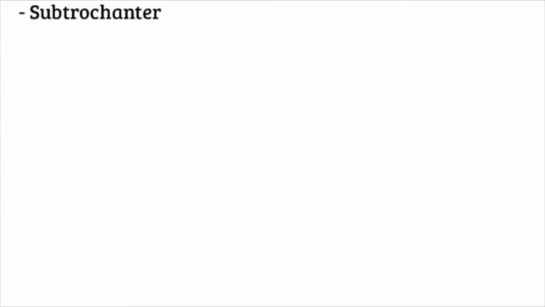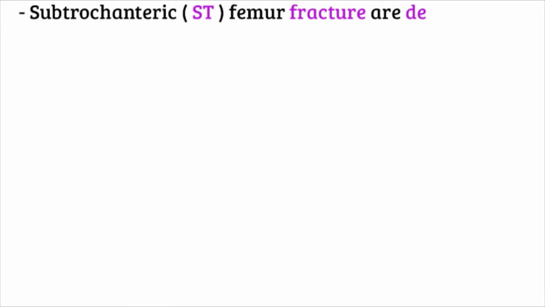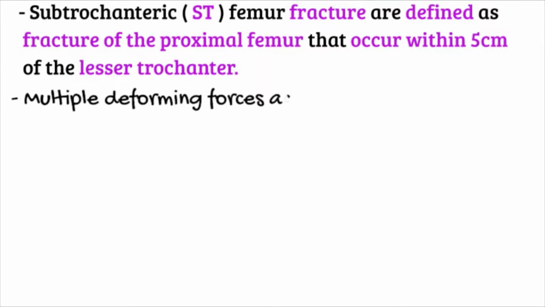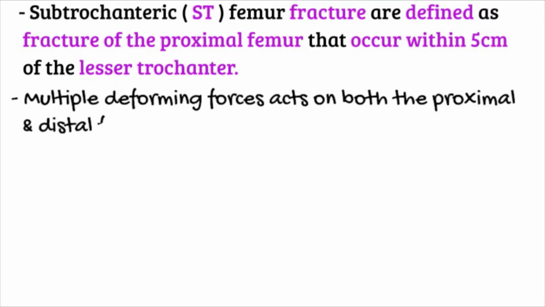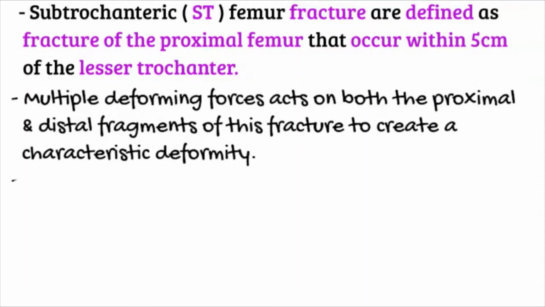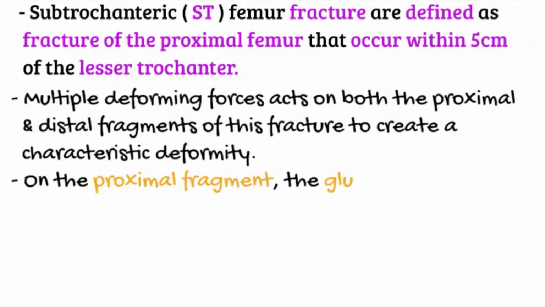More regarding a subtrochanteric fracture. Subtrochanteric femur fractures are defined as fractures of the proximal femur that occur within 5 cm of the lesser trochanter. Multiple deforming forces act on both the proximal and distal fragments of the fracture to create a characteristic